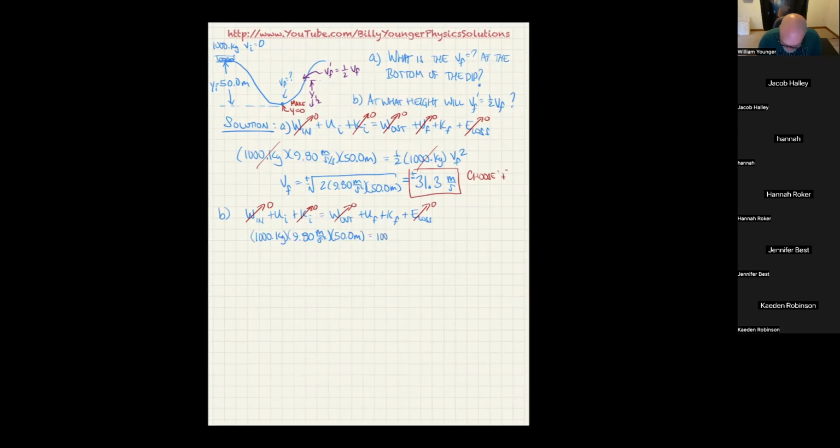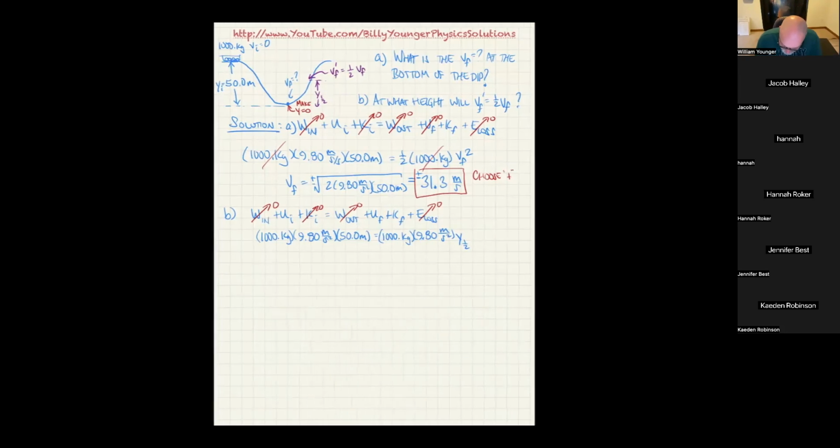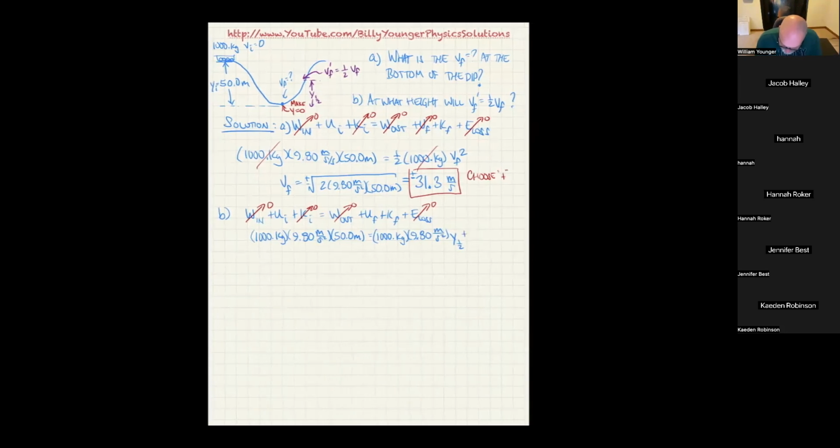So I'm going to do 1,000 kilograms times 9.80 meters per second squared times y 1/2. I'm going to call this y 1/2 here. And that's just the subscript to remind me this is the height at which the vehicle reached half the velocity of above. So now I'm going to take this and say plus 1/2 of 1,000